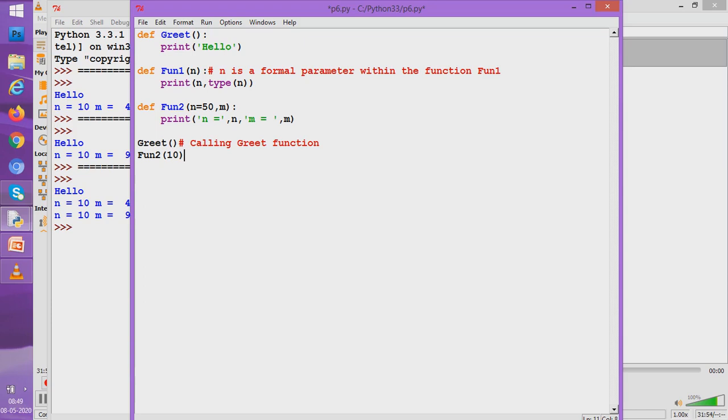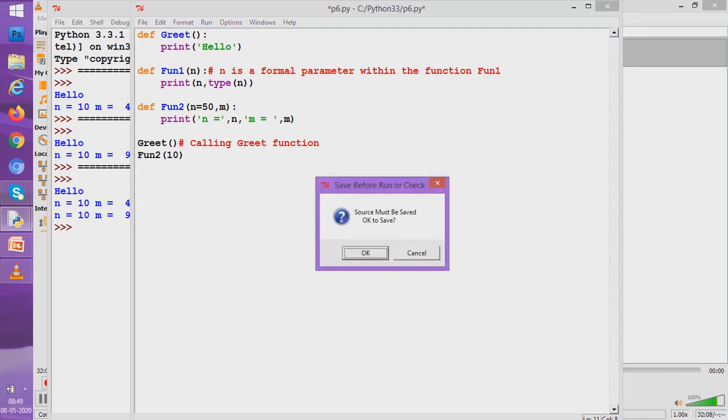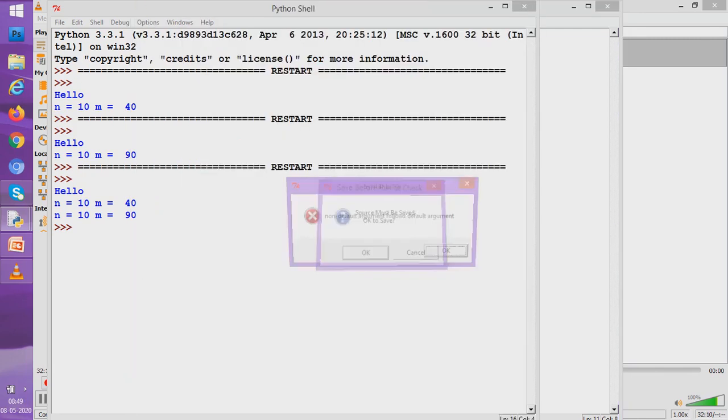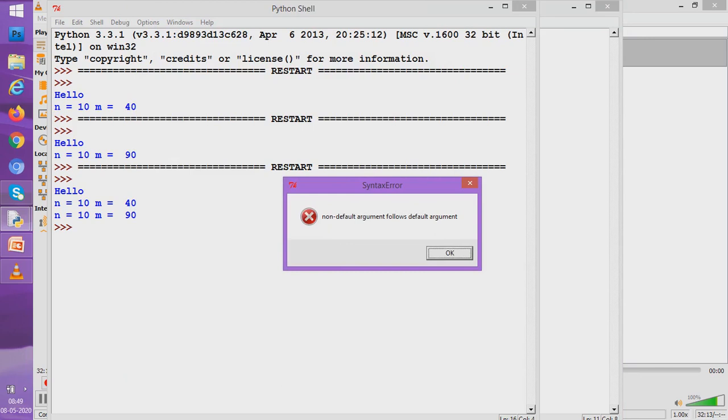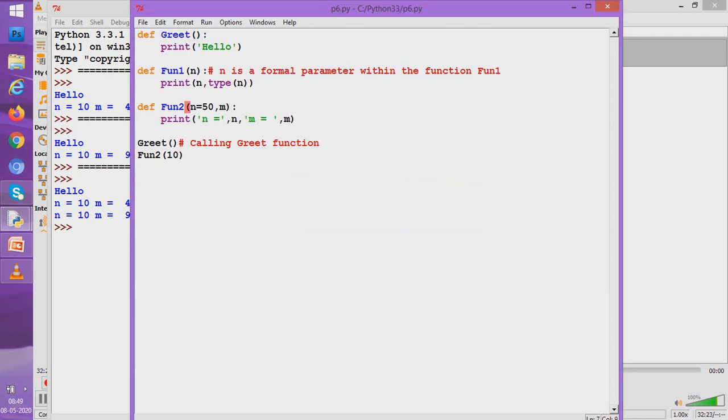No way out. The interpreter is going to give us an error. Let us see what error it gives. It says non-default argument follows default argument. We'll understand what it says, non-default argument and default argument, afterwards. But we now understood that it is giving an error.